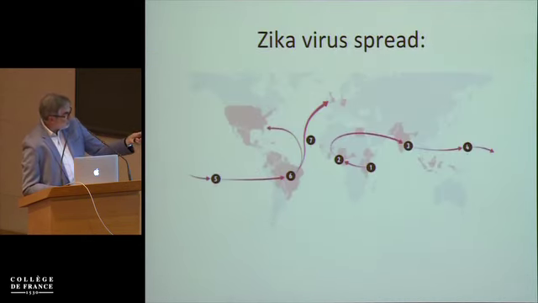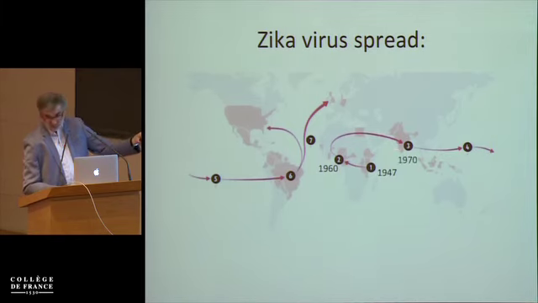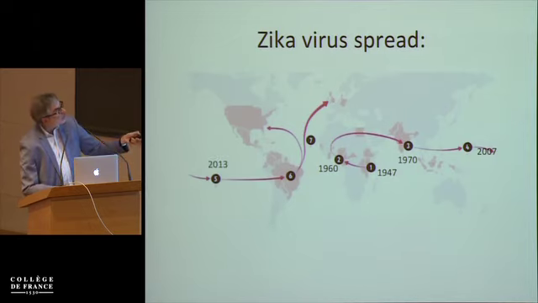So originally, Zika virus, I just took it from the web, was identified in 1947 in Uganda somewhere, the Zika forest. Then in 1960, there were the first reports on the West Coast. Then in 1970, 10 years later, there were reports in India. And then a number of years passed, and we found it in Yap Island in Micronesia. And this was associated with cases of Guillain-Barré syndrome.